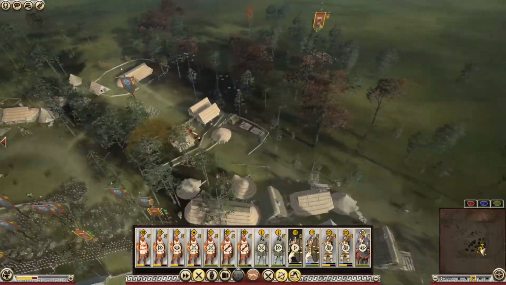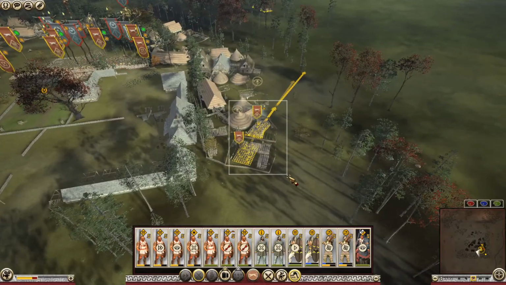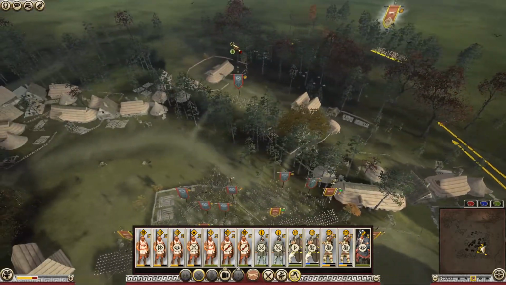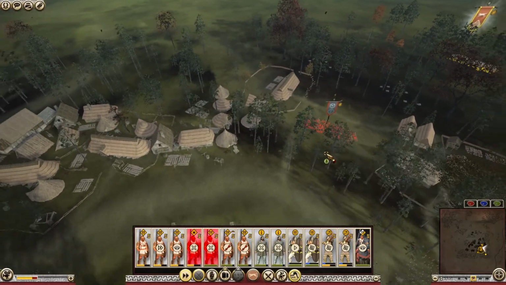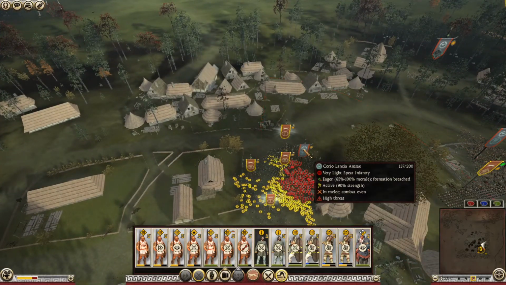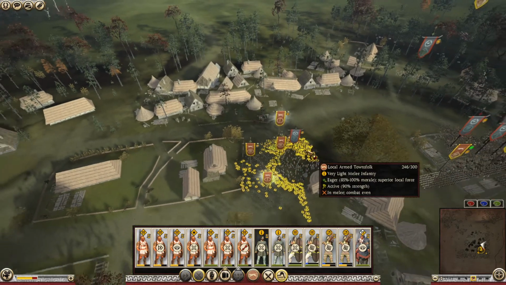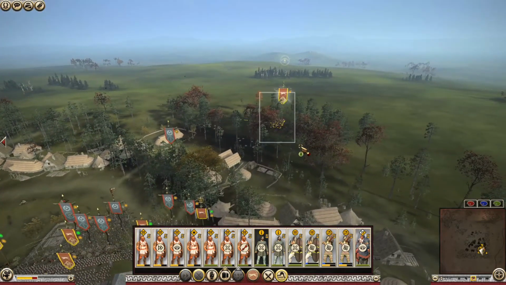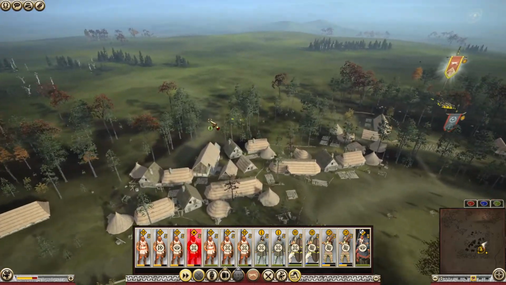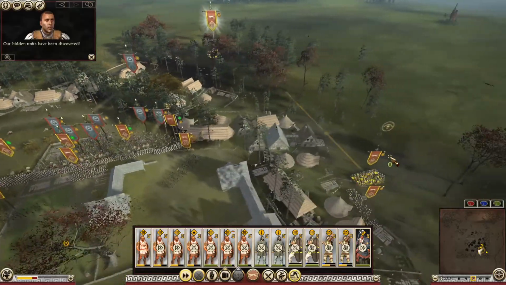Okay, these guys are eager. I really should have brought the cavalry round the back. Got here medium melee. It'd be a long way round, but I think if I can get the cavalry in on this side. Our hidden units are...